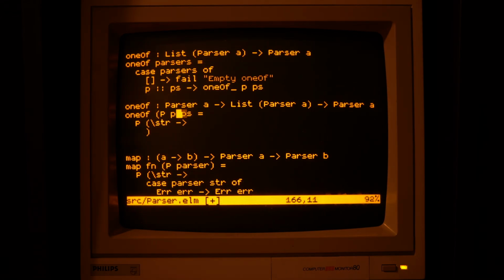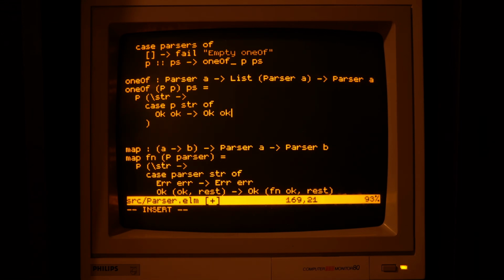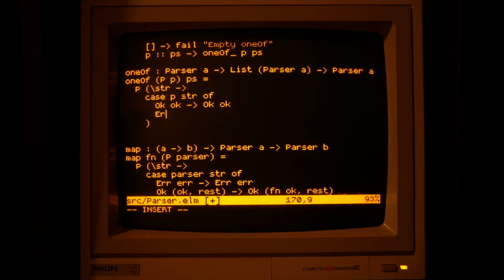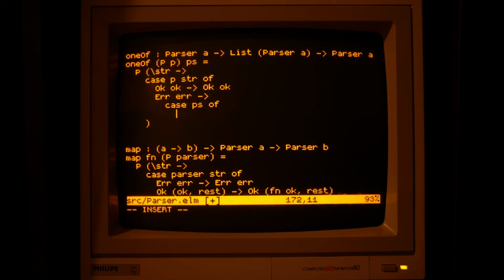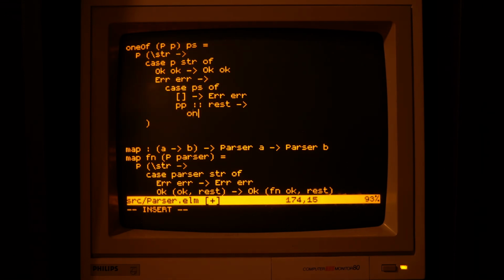So we need to try the one we currently have. And if it succeeds, we are done. But if it fails, we try another one. And if that was the last one, we return the error we currently hold. But if there's more parsers to try, we recurse and try again with the rest.